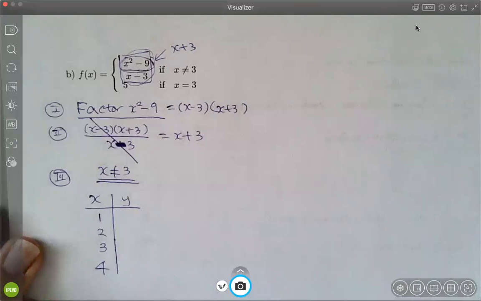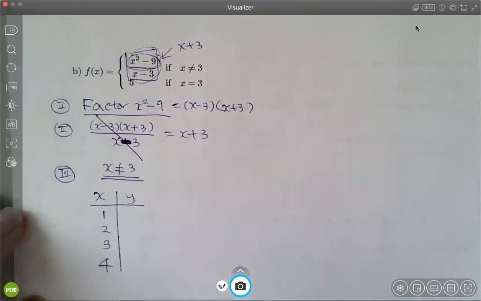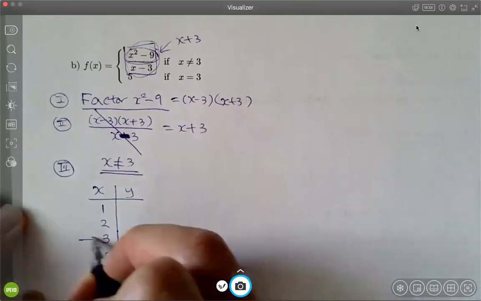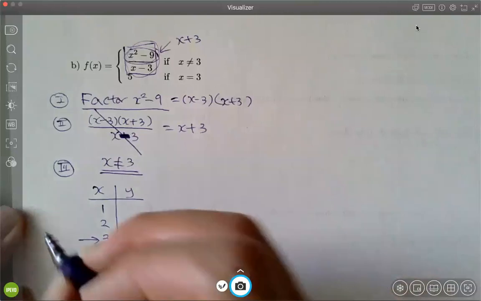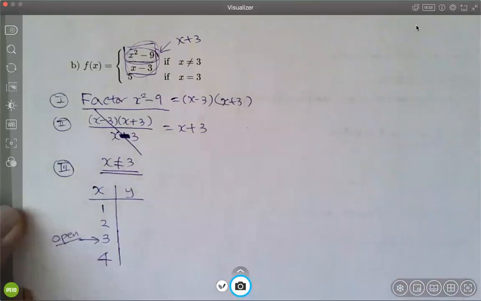For the first one, as long as something is not equal to 3, we are good to go, right? But of course, we also choose 3 as well. Why? Because at 3, what kind of dot do we put? Open. Open, yes. Okay, because officially 3 is not part of the first piece, but we still have to put this boundary point,